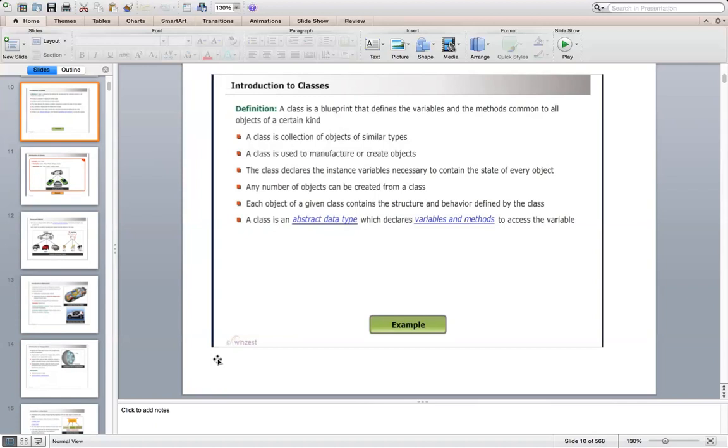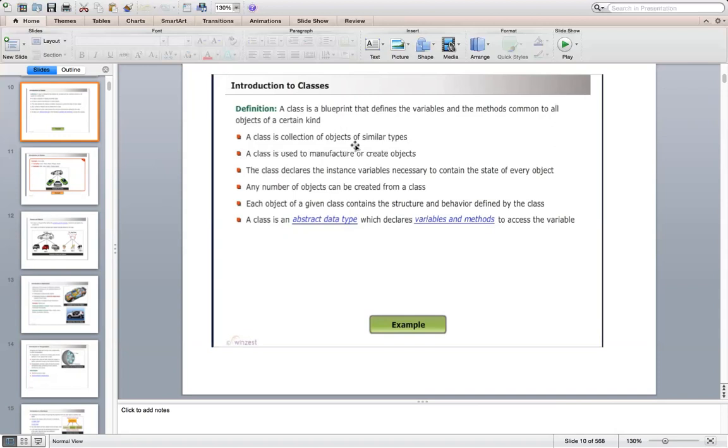A class can also be understood like this: a class is a collection of objects of similar types. That means from a student class we will have all student objects. From a book class we will have all book objects. From a person class we will have all person objects. That is the meaning of saying a class is a collection of objects of similar types.